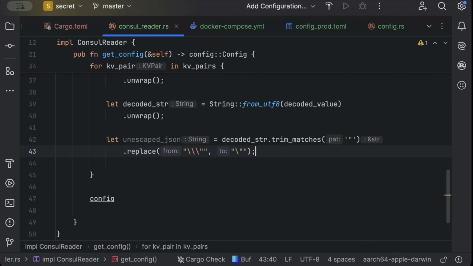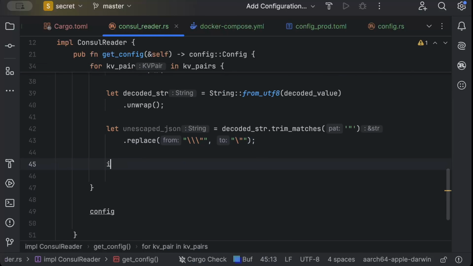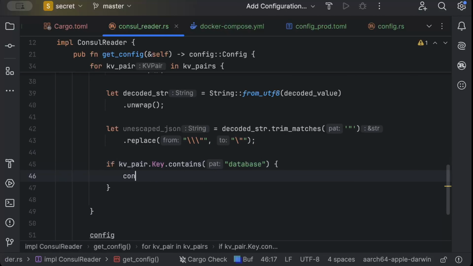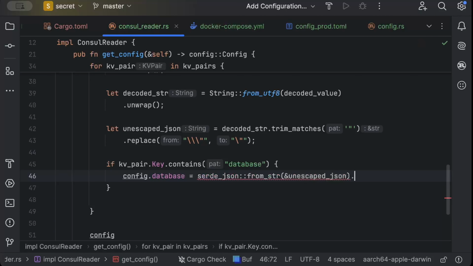And once we have unescaped JSON, we can just do is kv pair. Now this is one of those ways to read. There can be tons of ways to deserialize this dynamically and different other ways, but I'll just use the safe way for now. So for database config we'll just do serde JSON from str, unescaped JSON dot ok,